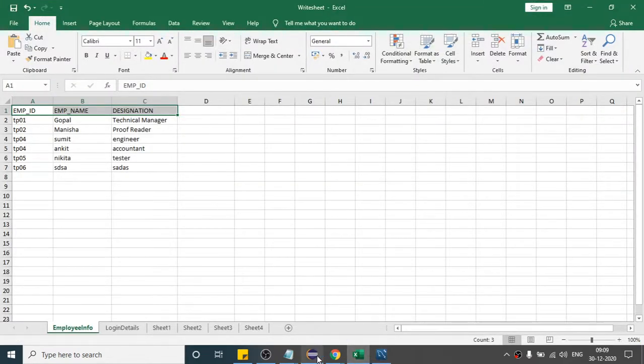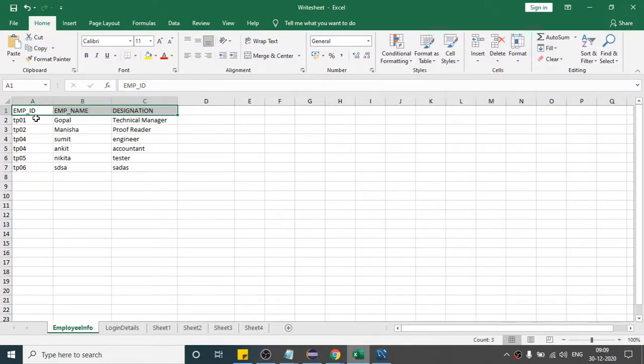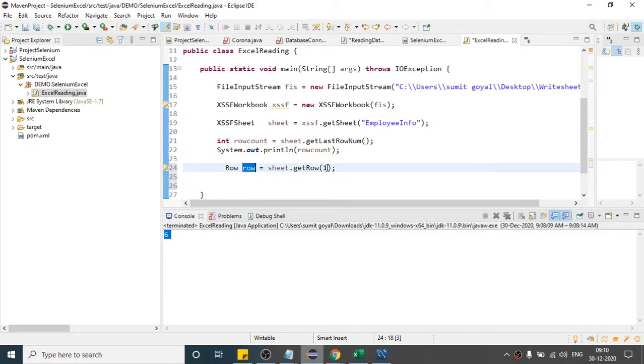And similarly, if I give row 1, now this row variable will start to point to our second row. So 0 and 1, right? Likewise, you can give row number 2, so 0, 1, 2, it will point there. You can take any row, because all of them are going to have the same columns. So I can give row 0 as well. You can give any out of the 6 rows, right?